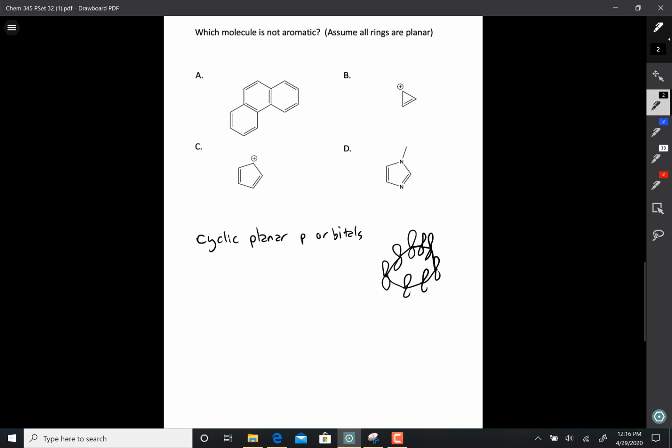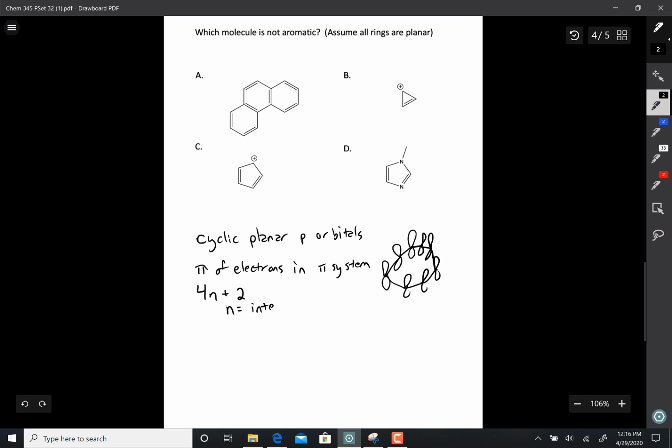Second thing is the number of electrons in these p orbitals in the pi system, so it's in the ones that are in this array, have to be equal to this equation, 4n plus 2, where n is an integer. So,